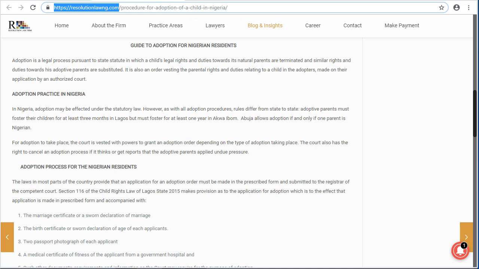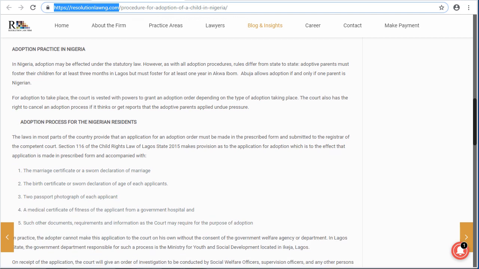So, adoption process for the Nigerian residents. The law in most parts of the country provides that an application for an adoption order must be made in the prescribed form and submitted to the registrar of the competent court. Section 116 of the Child Rights Law of Lagos State 2015 makes provision as to the application for adoption, to the effect that application is made in prescribed form and accompanied with: